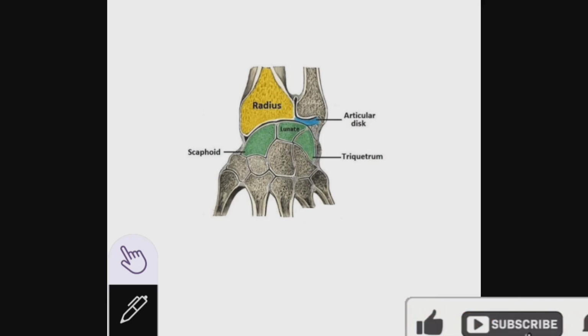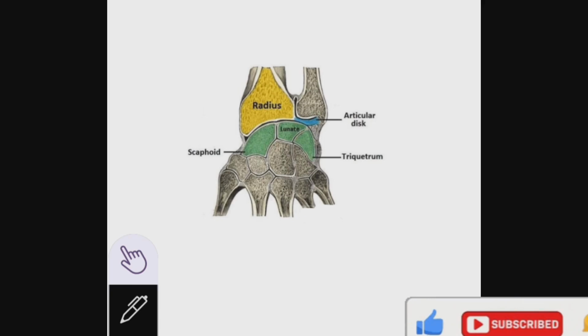Now the ligaments that support it are the articular capsule ligament, the palmar carpal ligament, dorsal radiocarpal ligament, radial collateral ligament, and ulnar collateral ligament. The blood supply is from the anterior and posterior carpal arches, and the nerve supply is by the anterior and posterior interosseous nerves. The wrist does flexion by the flexor muscles, like flexor carpi radialis and flexor carpi ulnaris, and extension by the extensor muscles, extensor carpi radialis longus and all the other extensor muscles. Then it also does abduction and